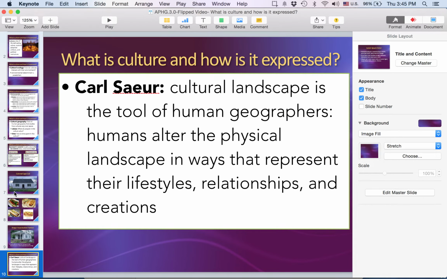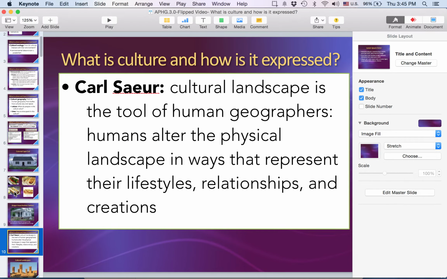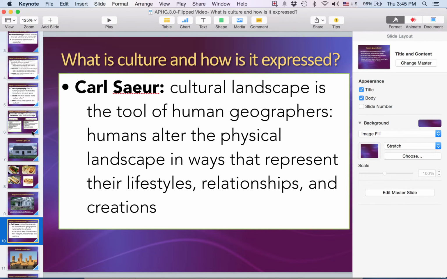One of the things I just want to briefly mention, that we've already talked about this gentleman, Carl Sauer. He was the gentleman who discussed cultural landscapes. And remember, cultural landscapes are the physical imprint that humans create upon a space. So if we look out on the landscape, in what ways have human beings altered that landscape? Through our physical buildings, our transportation systems, what we build, what we create, what we do in the landscape.